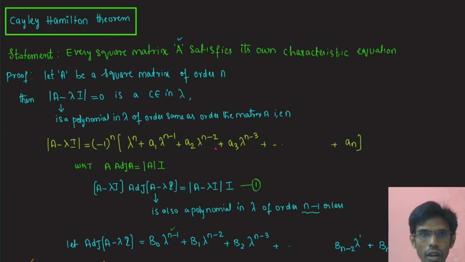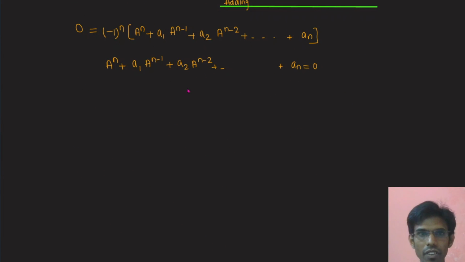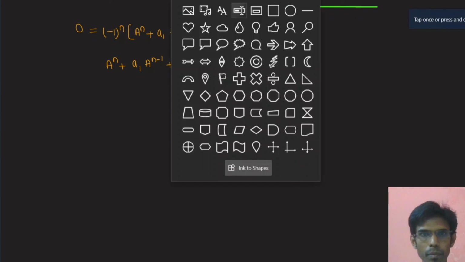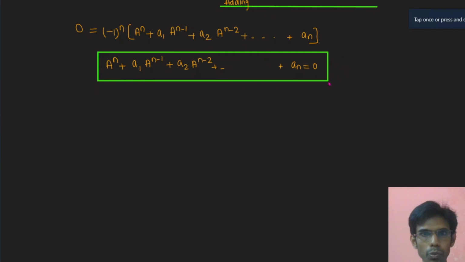So these two are equal. This equation is equal to this equation. So from this we can say that every square matrix A will satisfy its characteristic equation. This equation is obtained from